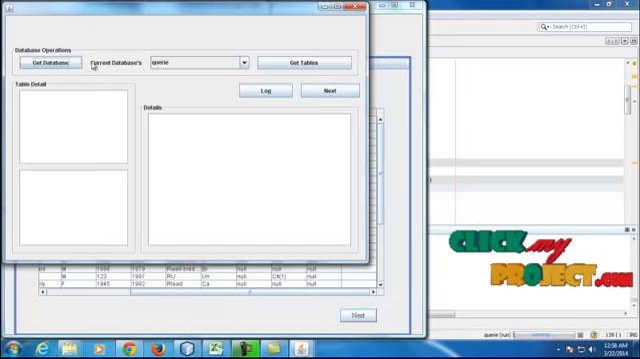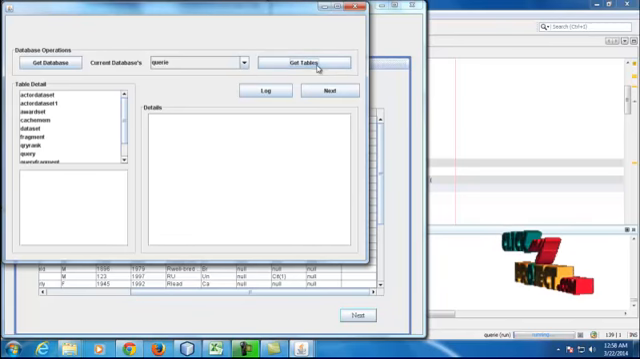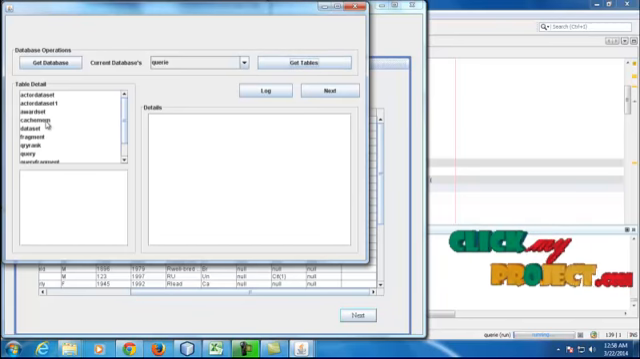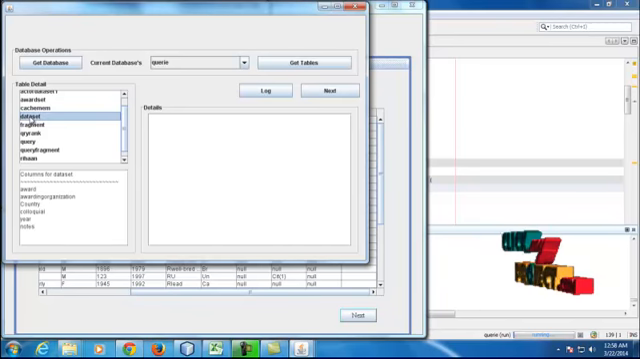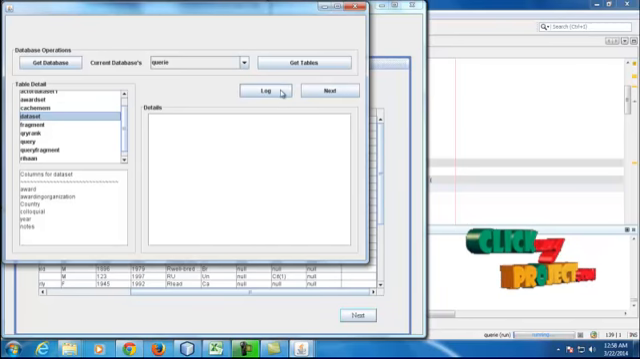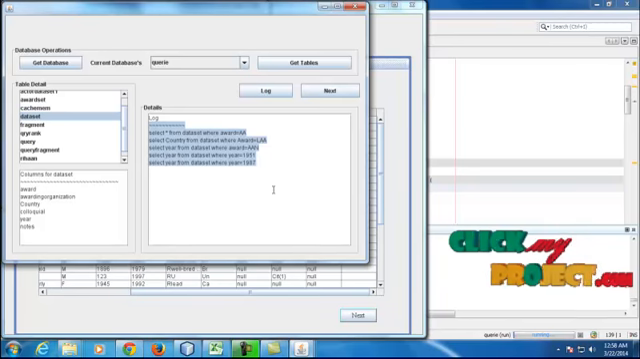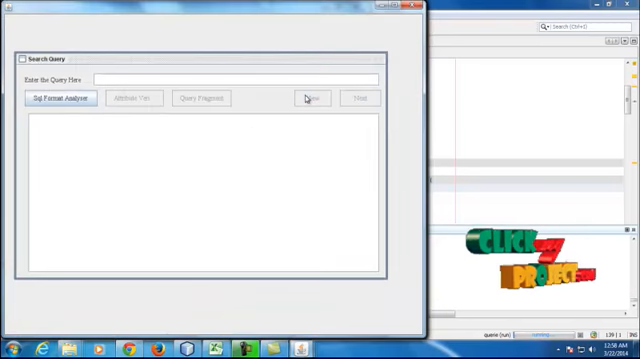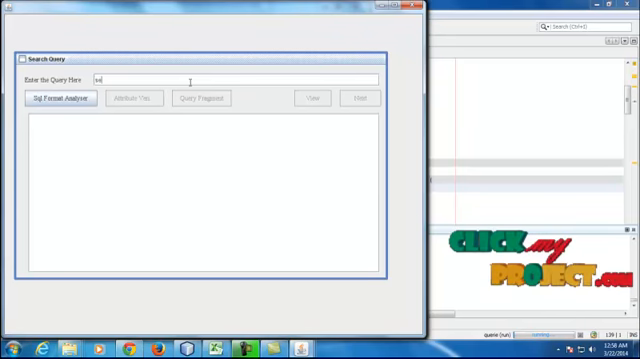Then click get database. This is the database present in the DB, and click get tables. These are all the tables present in the query database. Now I am going to choose one database, and these are all the columns for the table, and click log. This is the log file for the corresponding user. Then click next. Here I am going to enter the query,